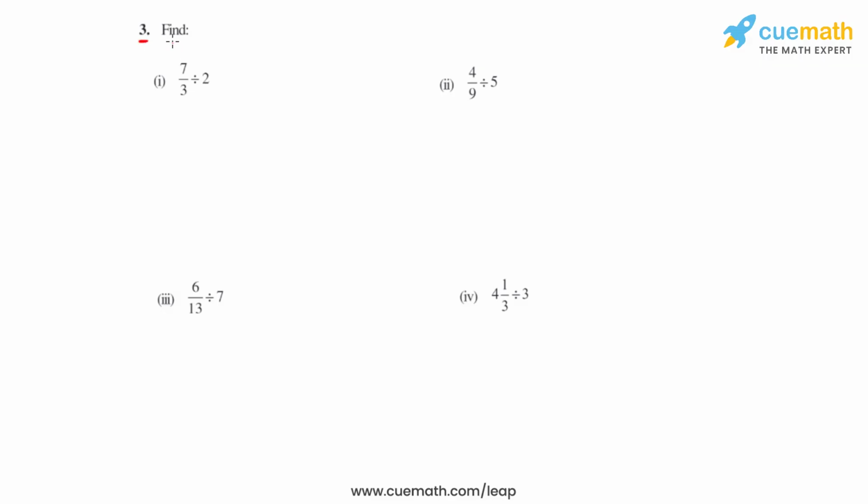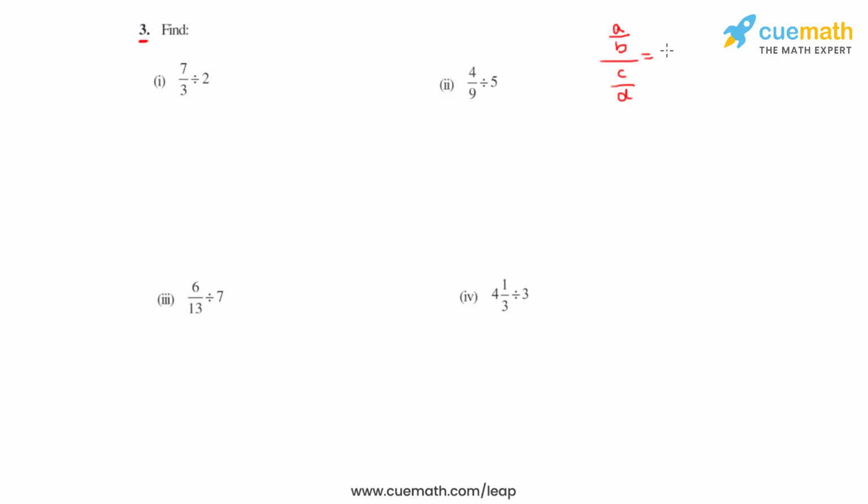Question number 3 says, find the value of the given bits after doing the division. So as we know, here the division of fractions will be involved. So before we start getting on to solving each of the bits, we'll first try and understand how to divide two fractions. So let's say if we have a fraction a over b which is divided by c over d,